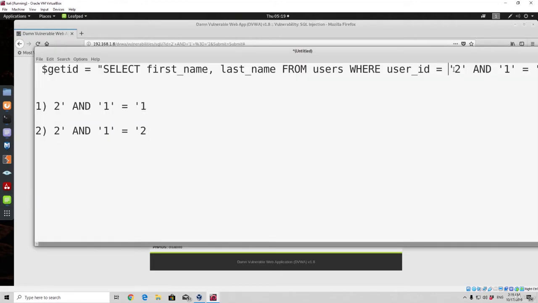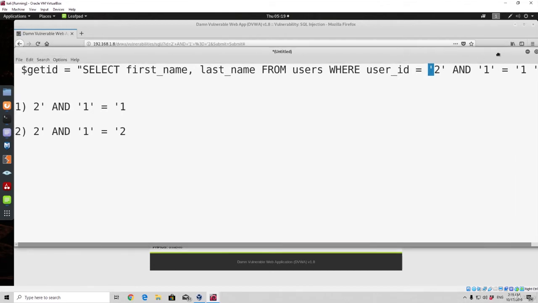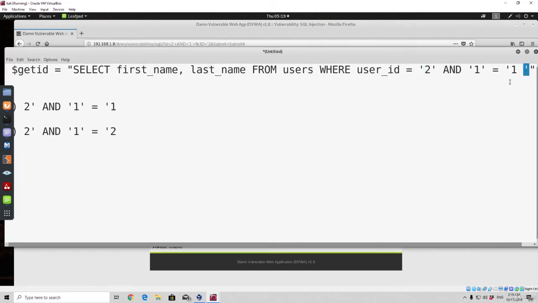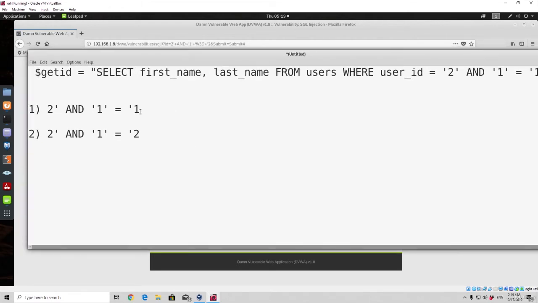So we already have this single quote as a part of our source code, and we also have this last single quote as a part of the source code. That's why we are not putting them right here and right here. Okay, we already have that in our source code, so that's why we're not putting that, because we would get an error. Okay, so now that we performed some of the actual logical commands, let's go with the exploitation of